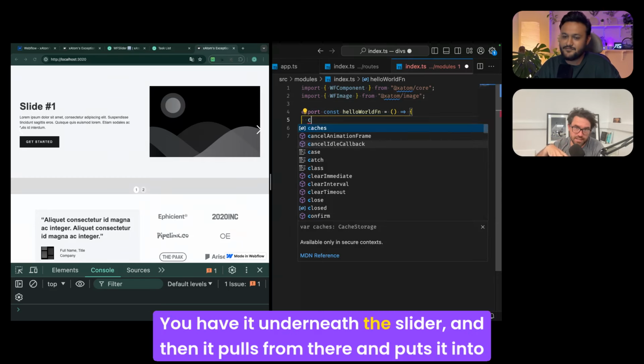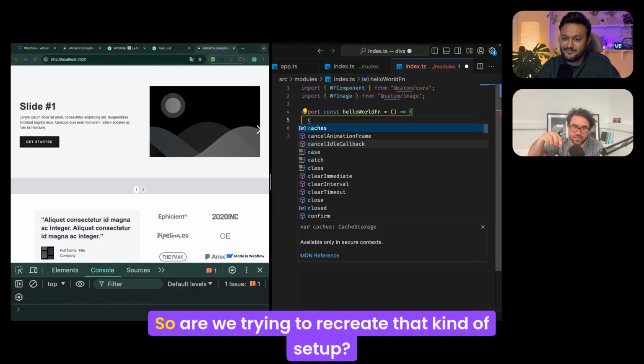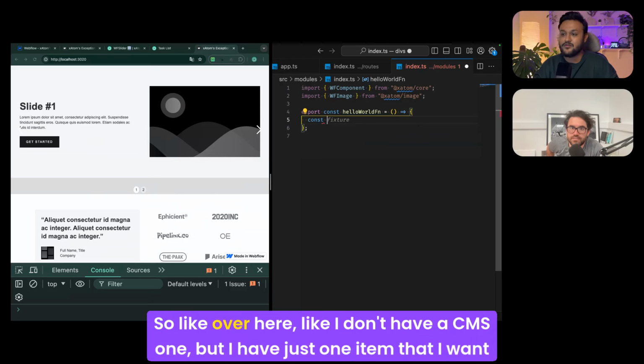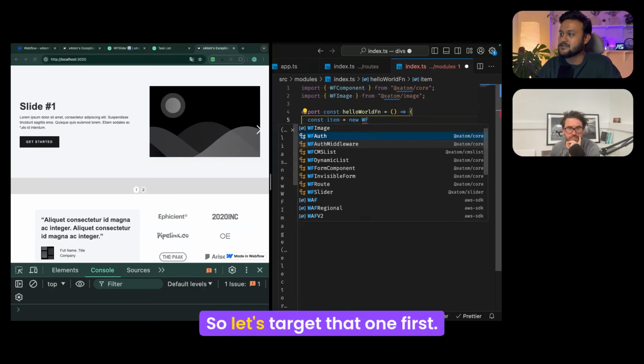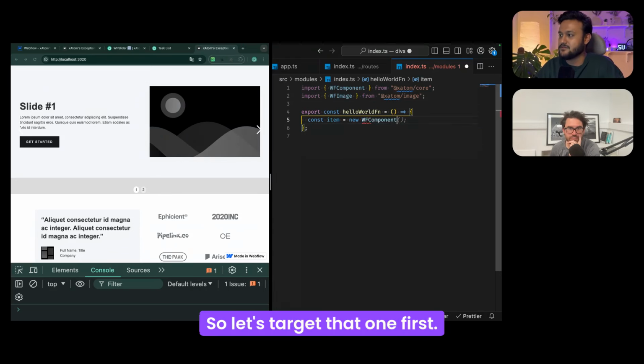You have it underneath the slider, and then it pulls from there and puts it into your slider. So are we trying to recreate that kind of setup? Yes, that one. So over here, I don't have a CMS one, but I have just one item that I want to replicate as many times. So let's target that one first,